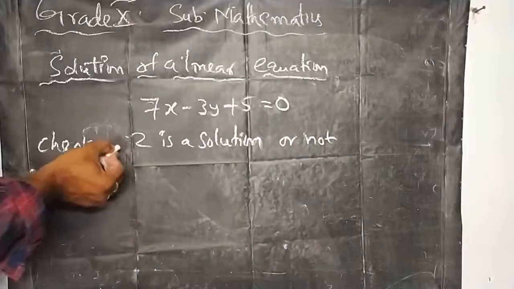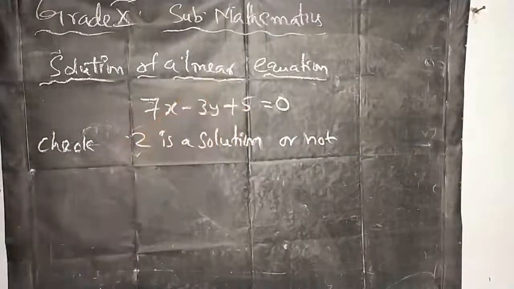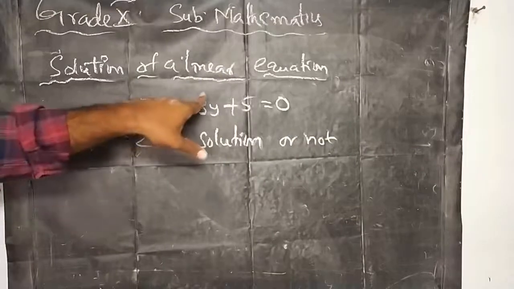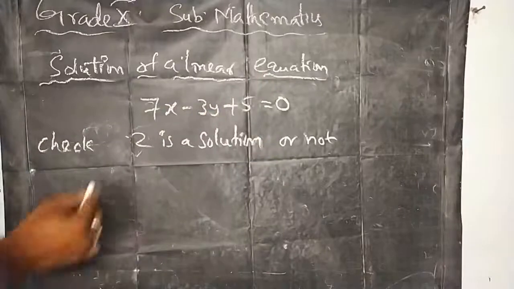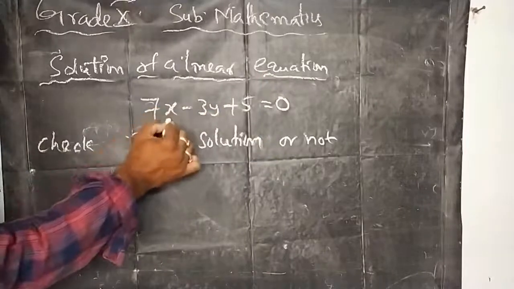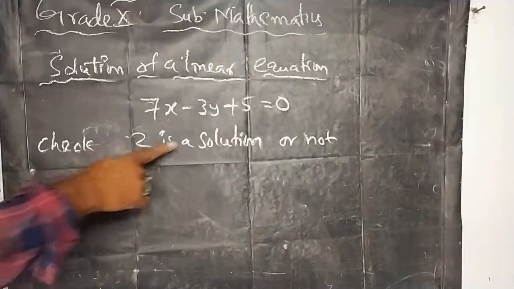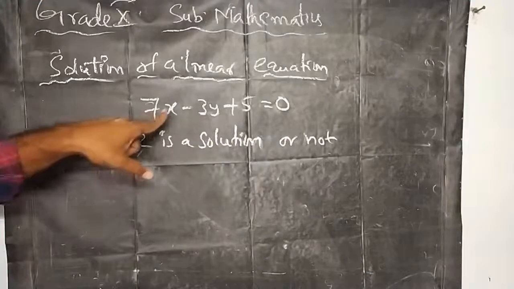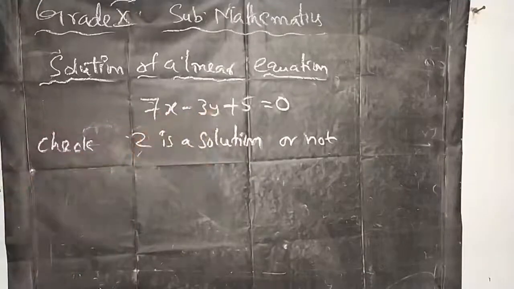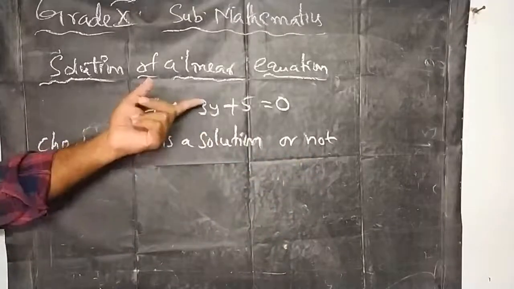It means we can say a particular number is a solution for the linear equation if, substituting it in place of that variable, we get the answer. So here only 2 is given, but there are two variables x and y. So here we have a confusion whether to take x value as 2 or y value as 2. So let us put 2 comma 2. Check 2 comma 2 as the solution of the above linear equation or not.